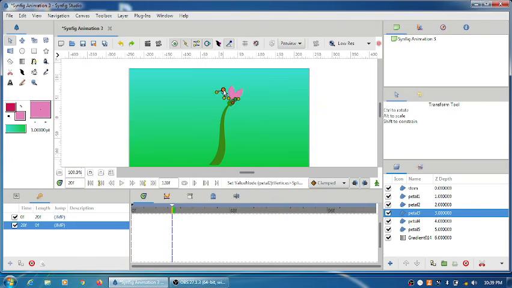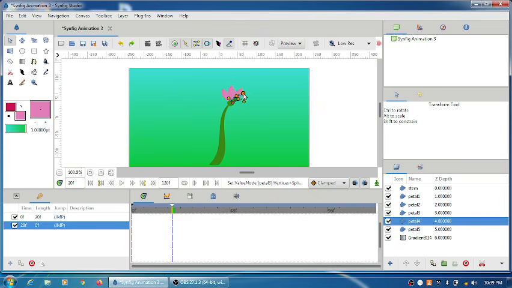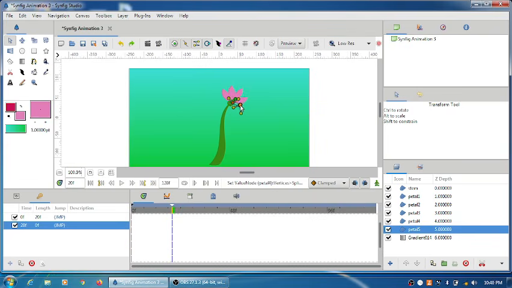Now the third one. Now the fourth one. This is the 4th pattern and the last pattern.